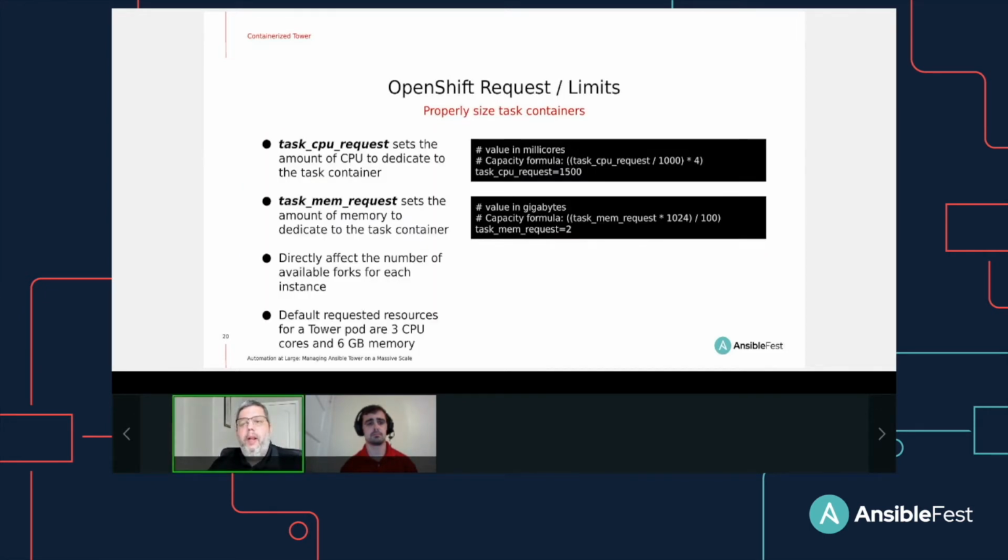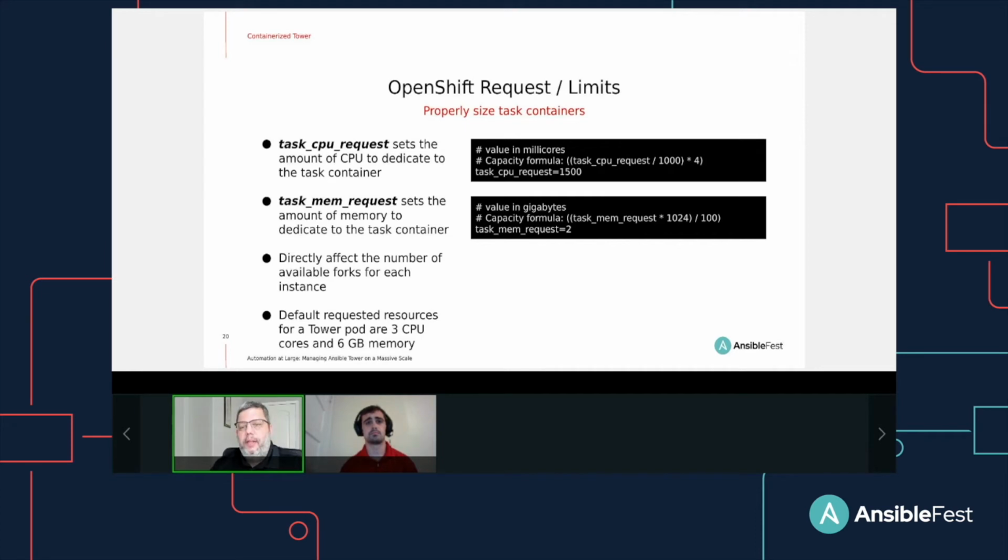Okay. When Tower is running in OpenShift, it runs in a pod with 4 containers. The most important container is the task container that is actually executing the jobs. By default, the task container is guaranteed 1,500 millicores and 2 gigs of memory. This is set by the task CPU request and task mem request in the Ansible inventory that is used during